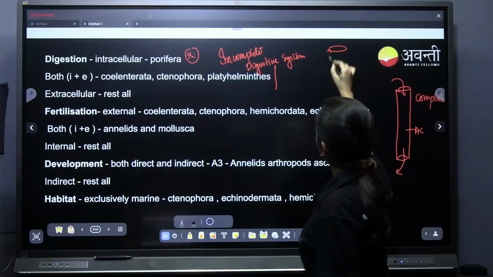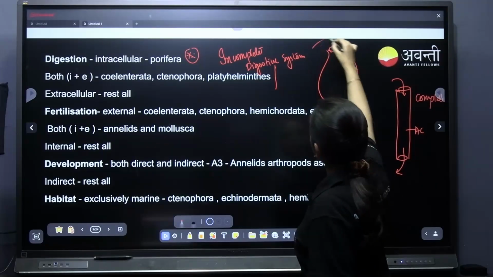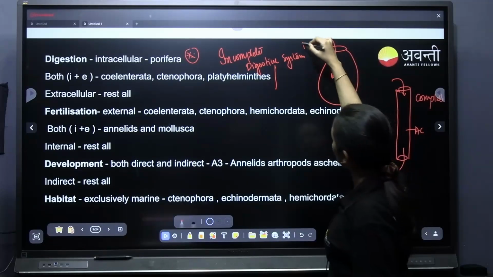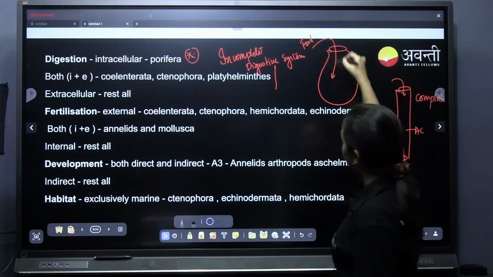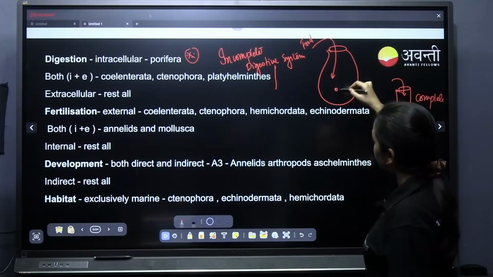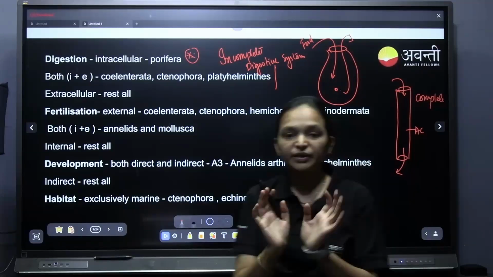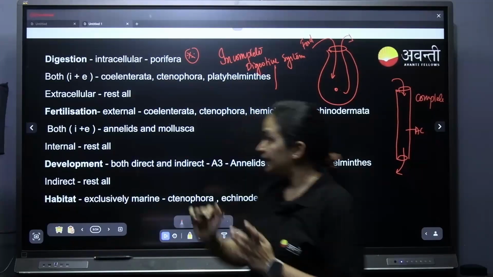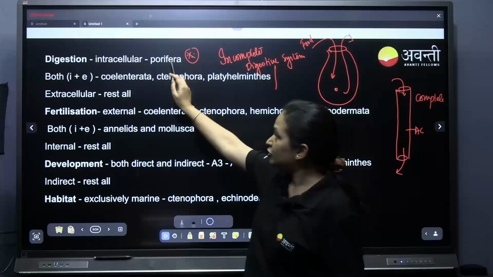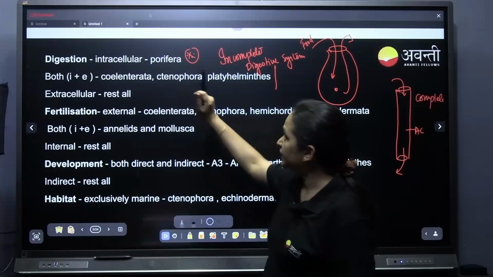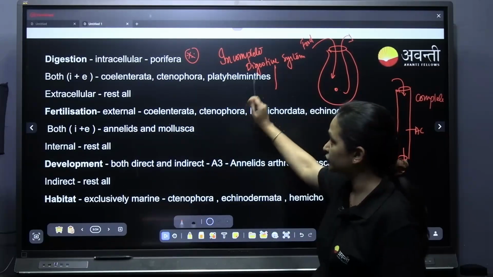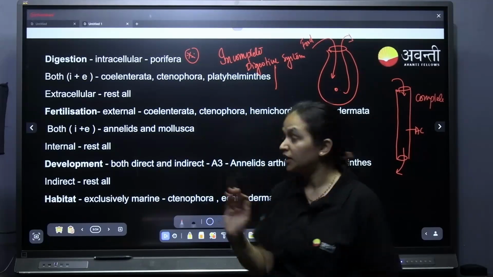Which means they have a body sac like this. The same pore, the food is coming in from the same pore, digestion is happening, and it is going out through the same pore. This is called incomplete digestion. Okay, till platyhelminths, porifera also incomplete, coelenterata also incomplete, ctenophora is also incomplete, platyhelminths also incomplete digestion takes place till